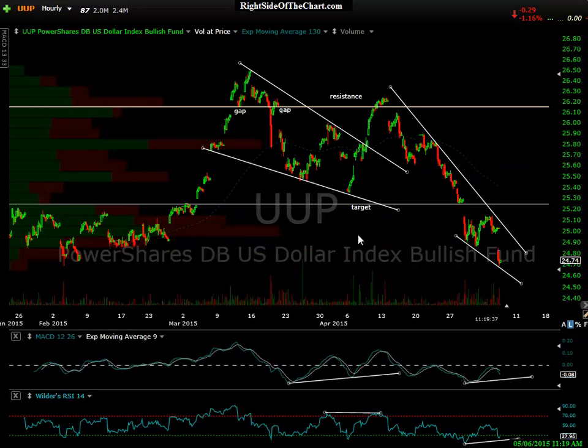Okay, now zooming down to a 60-minute chart of UUP. You can reference these on the sites. Remember, we have that symbol tagging system, so if you pull up the UUP or click on any of the tags, it'll bring up the old post. This was a chart that I've had up for a while. I pointed out this bullish falling wedge pattern in the breakout, and I expected that to be a bull trap, expecting that breakout to fail.